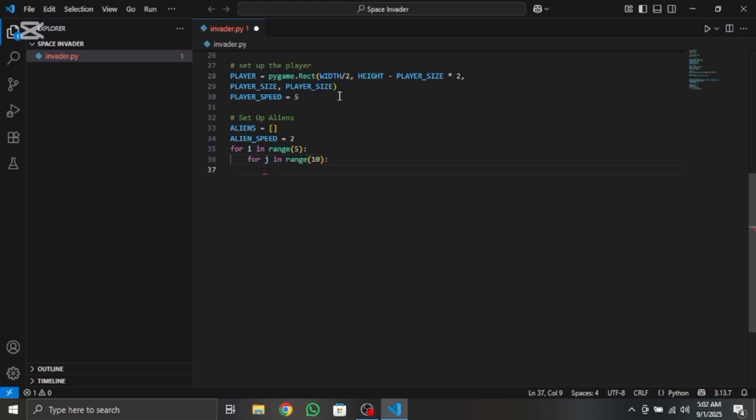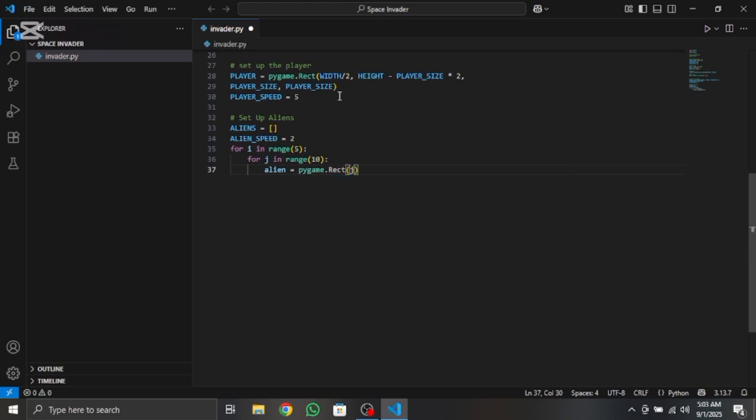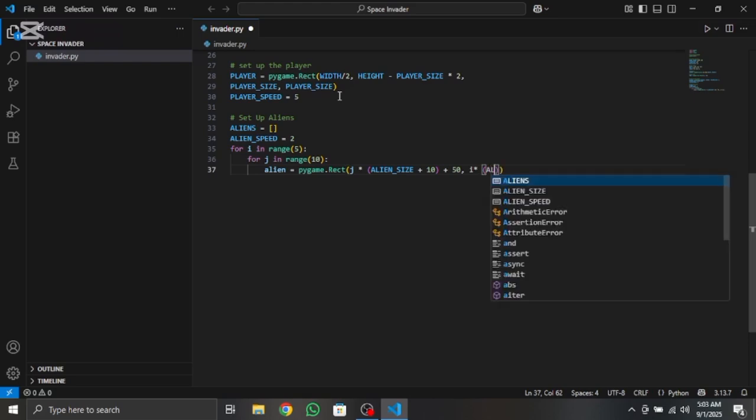And now here I will have to come and say alien is equals to pygame.Rect, in a bracket I call the j I just created, then with star, then in a bracket again I just have to call the alien size, and then plus 10, and quickly I have plus again 50, comma, and then the i variable I just created also, and star, and then I will just have in bracket again alien size, and then plus 10,